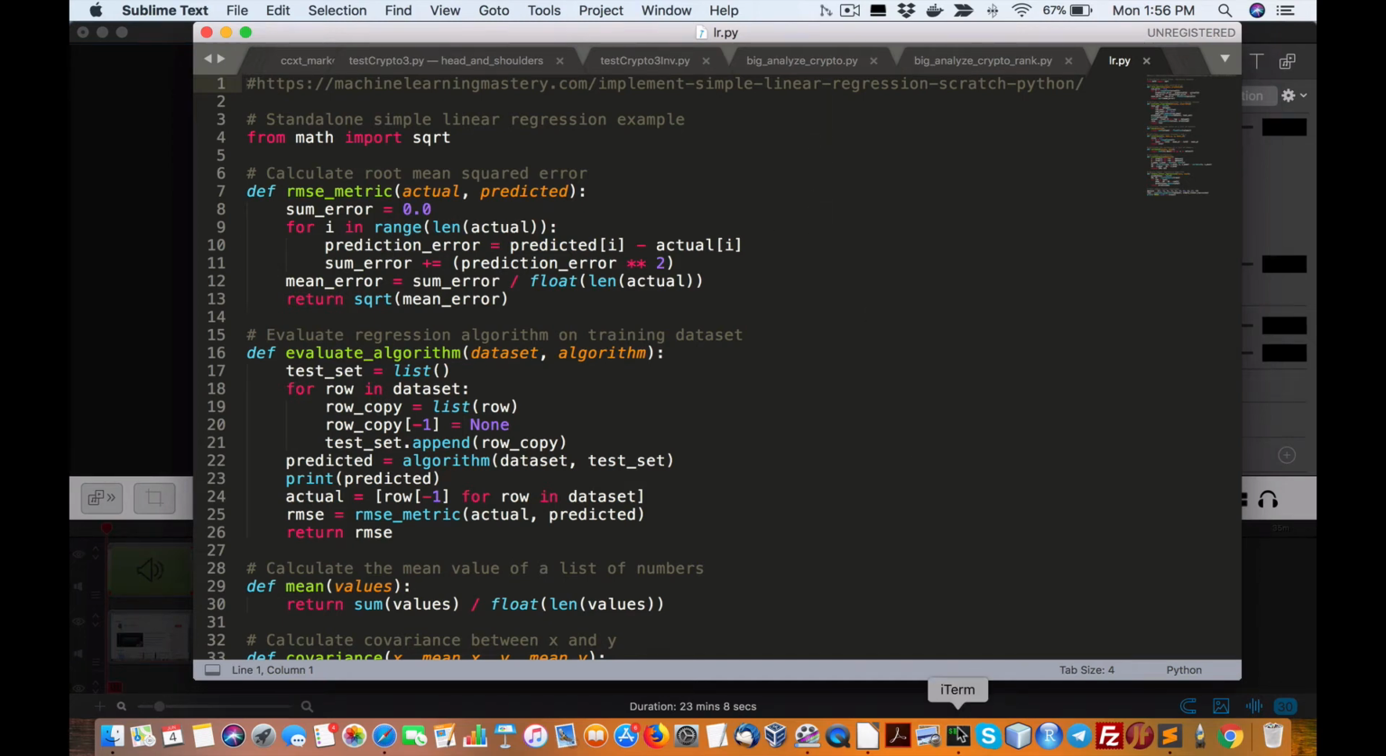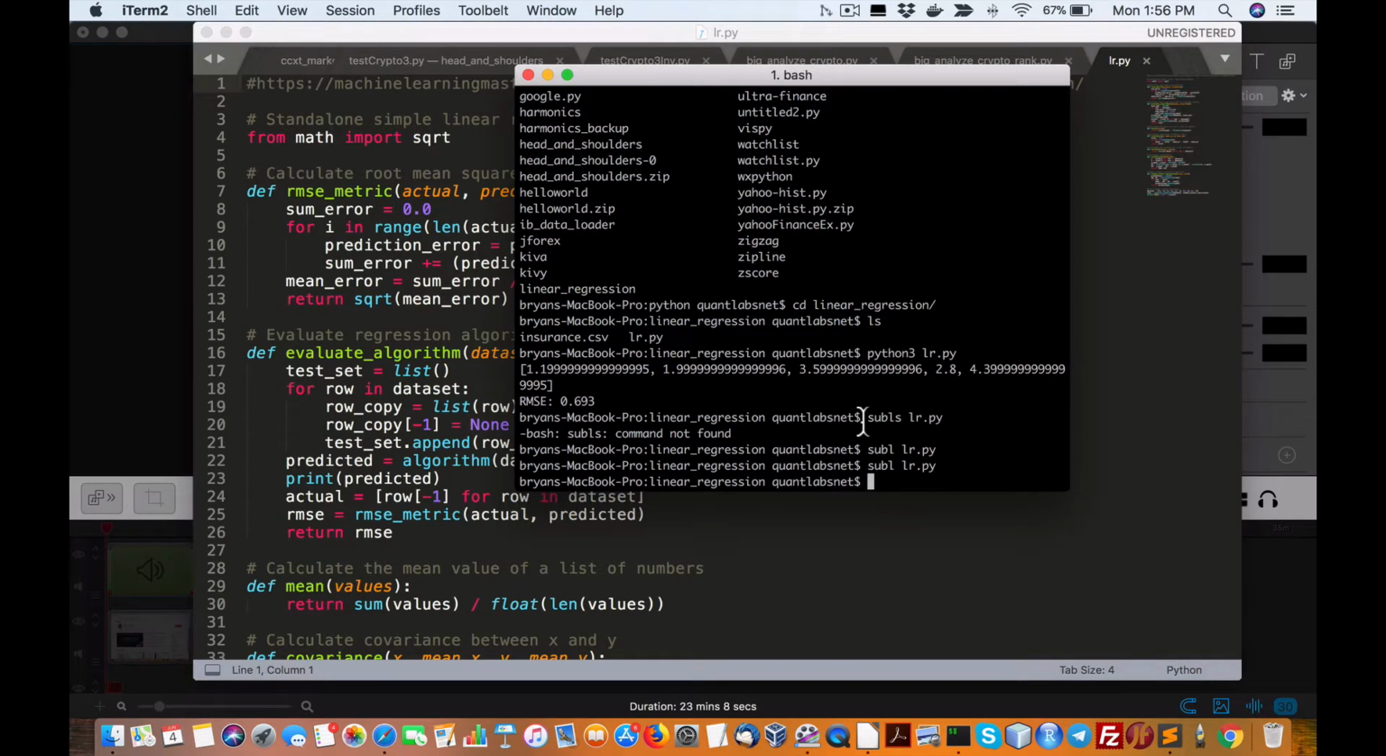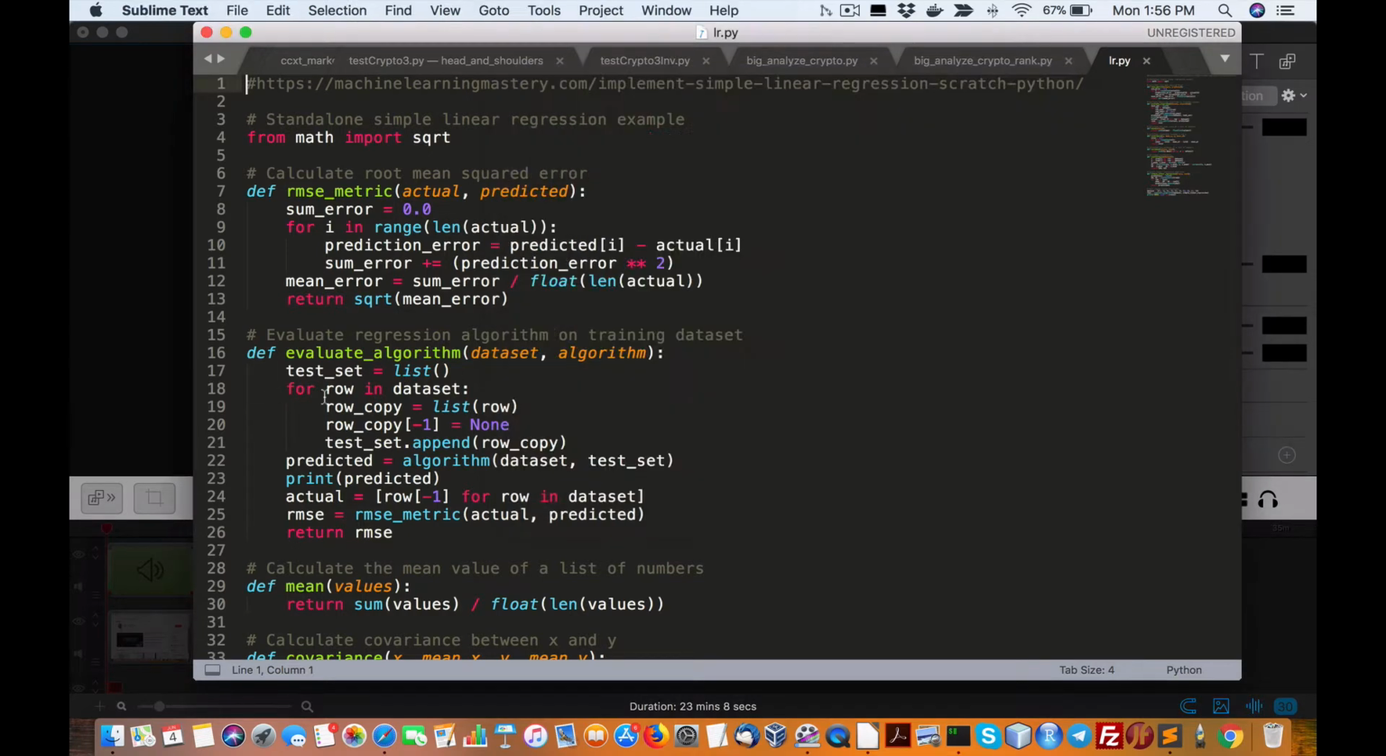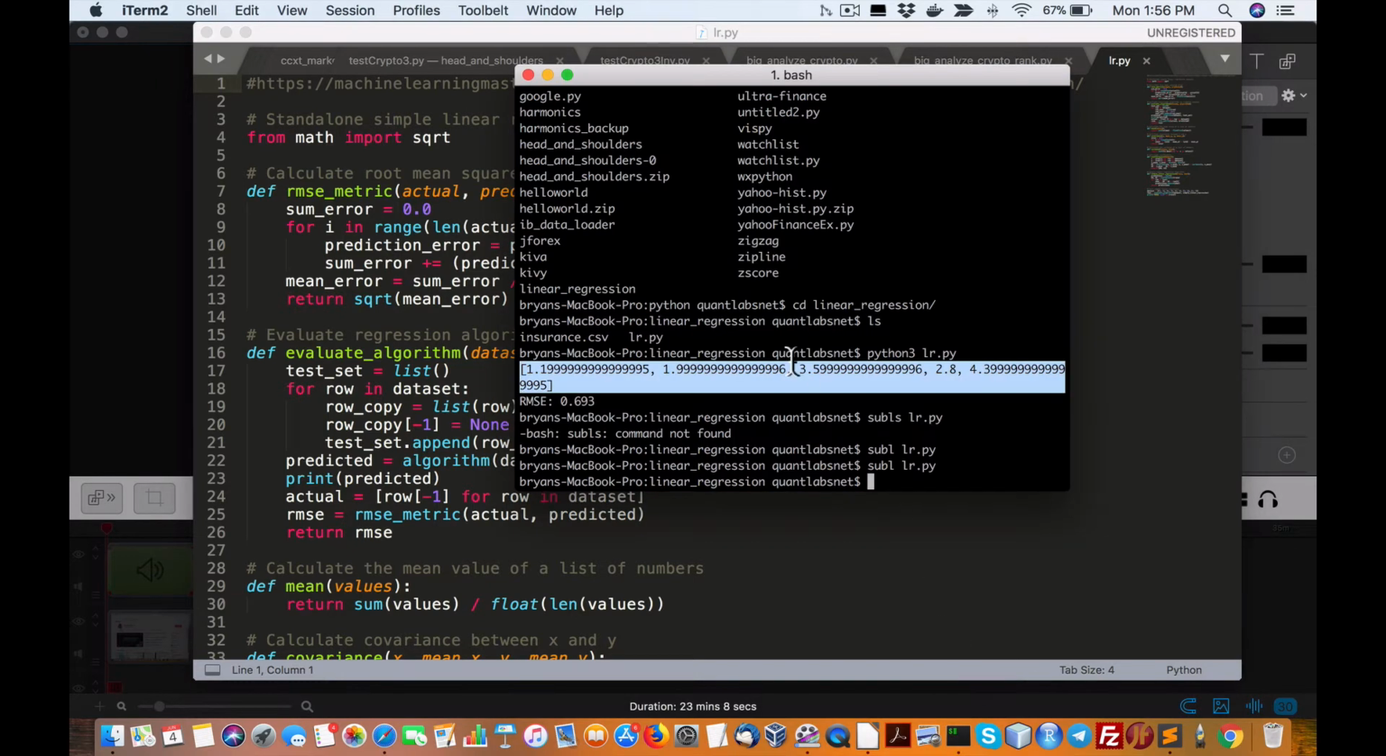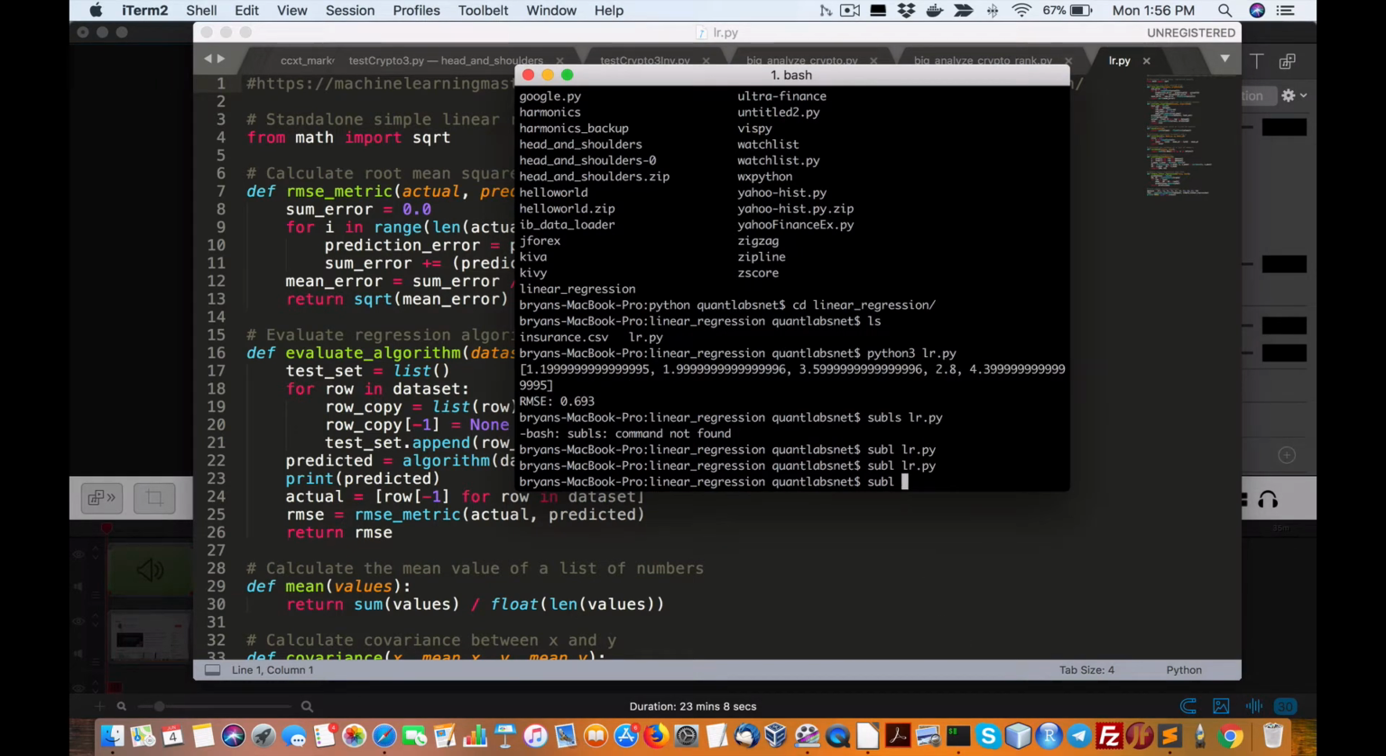Okay, so I just wanted to show you a script that I've run. It's basically a linear regression script which calculates this RMSE and predicts price moves. So let me show you the source data. This can also be used for